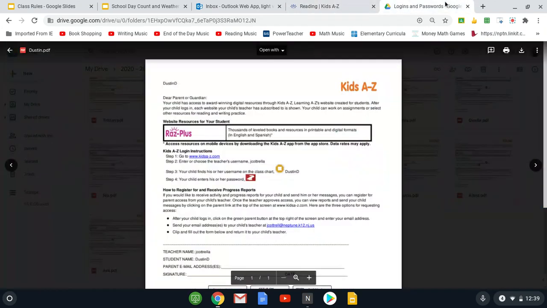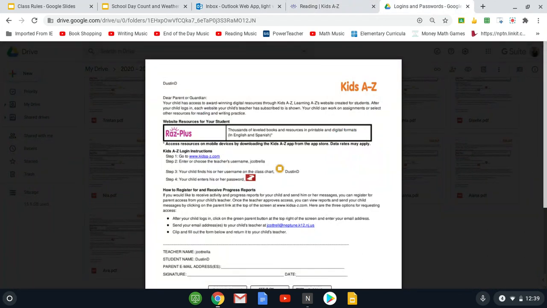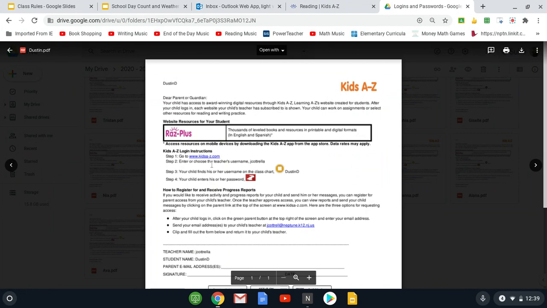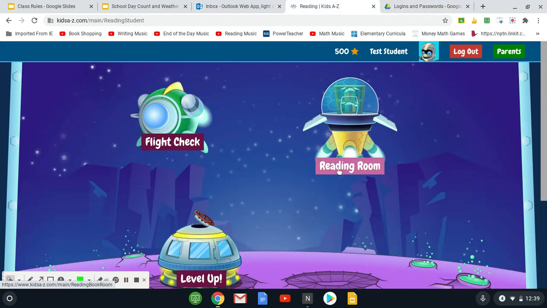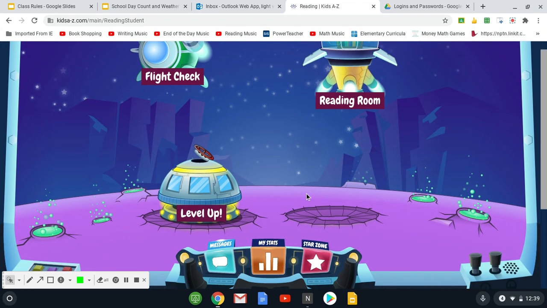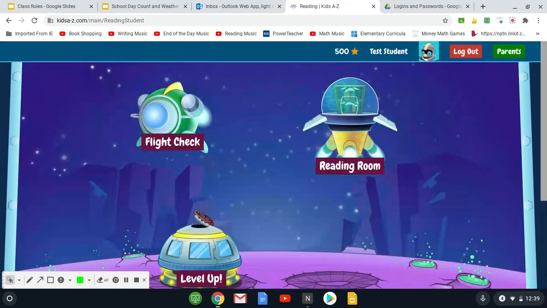So when you get your email, which is going to look like this, please have your child go on kidsa-z.com, have them log in, check to see what level they're at. They can build their avatar, and then if they would like, they can start reading. This does not have to be done just during school hours. It can be also done on weekends. It can be done before or after school, whatever works best for you. But I will be having us use this during independent reading after our whole group lesson for them to find books